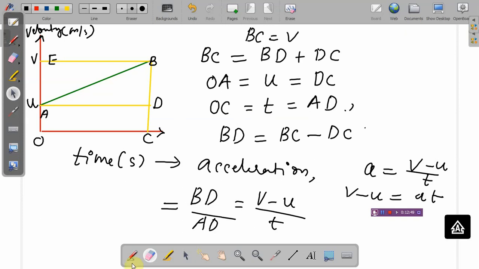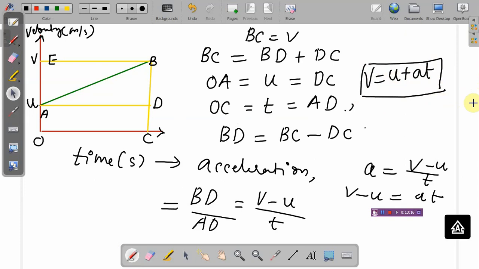Again, write it here, there is no space. So V is equal to U plus AT. This is the first equation of motion. Now, what will be the second equation of motion? Now we have derived the first equation of motion. Which method we have used? Graphical method. Here I have drawn a graph which shows the